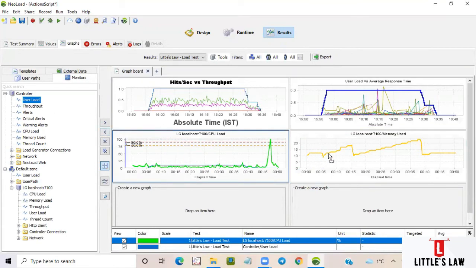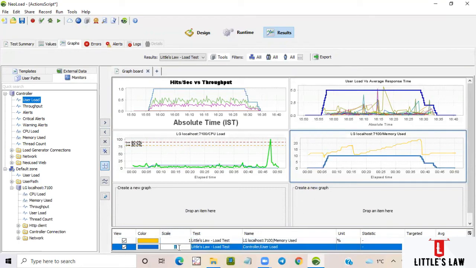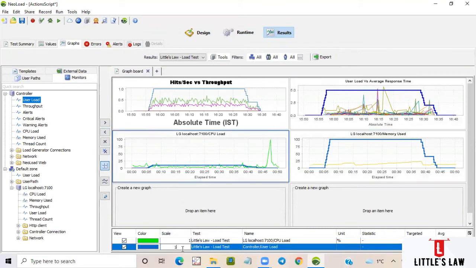In the same way I can drop the user load for the memory, and I can increase the user load to 10 so that it will be a little bit easy for us to compare. So let me just change it to 5. Yeah. So it'll be easy for us to understand. Any metrics we can drag and drop, and add whatever metric that we want. We can just drag and drop it and create the graph.